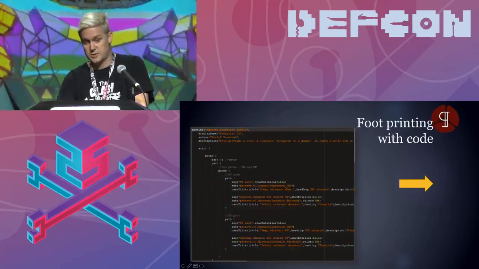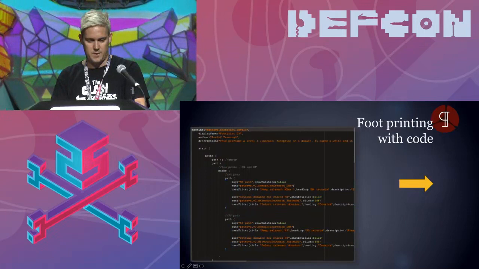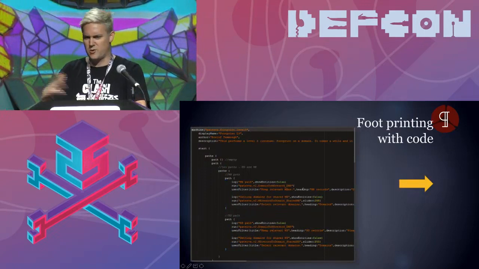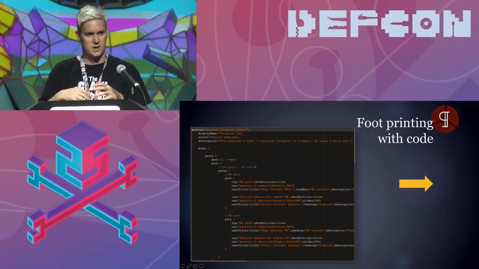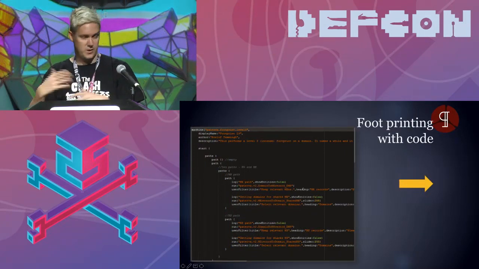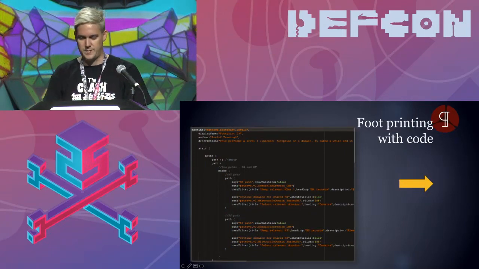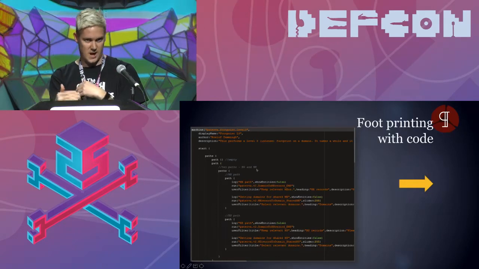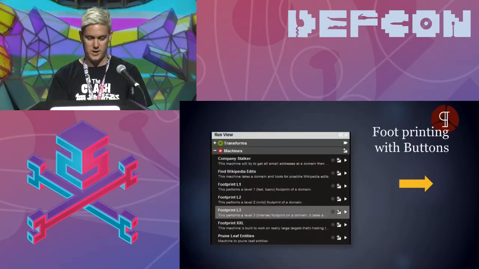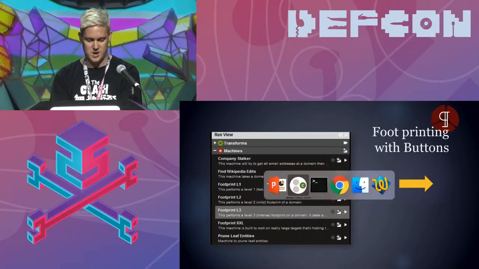And then what we did in the tool is we said, actually you do this all the time, and we're really lazy, so we try to automate everything we can. So there's a concept of machines, which is the ability to script the way that you run stuff so that it goes automatically. You can do it with a little bit of code. There's an example of one. Here I can say this must do everything that I've just done, but in an automated way. So you can do footprints with buttons, because everyone wants to see it be shiny.